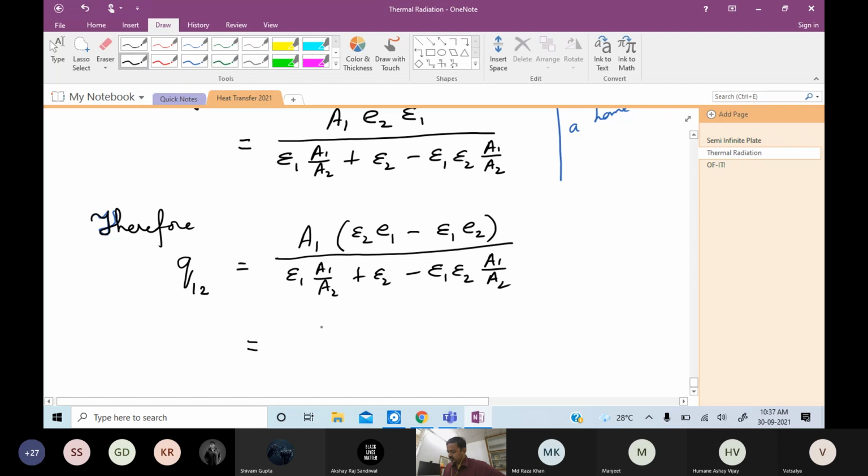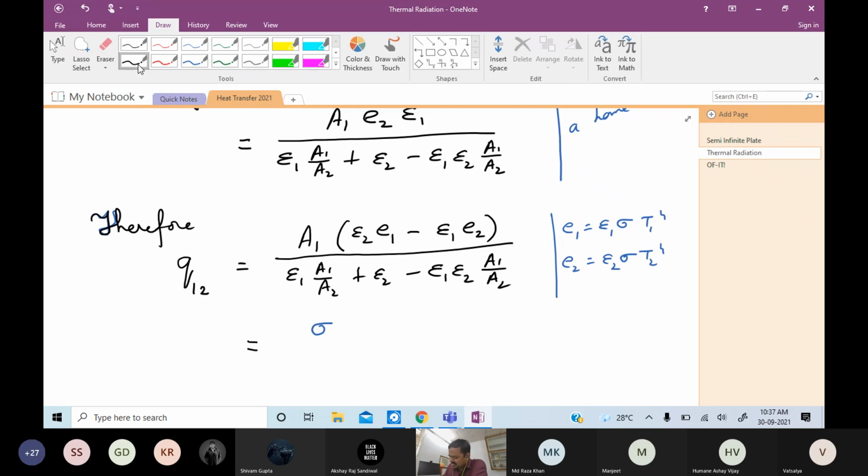E1 is epsilon 1 sigma T1 to the power 4 and E2 is epsilon 2 sigma T2 to the power 4. So epsilon 1 epsilon 2, that multiplier is there in both terms. Divide by A1, all that stuff. Actually, you don't need to divide by A1, keep it there, it doesn't matter. Sigma A1